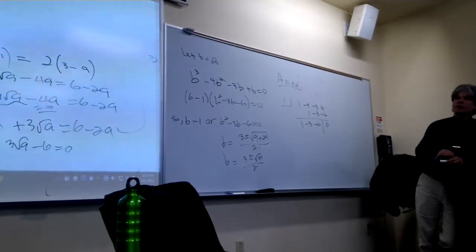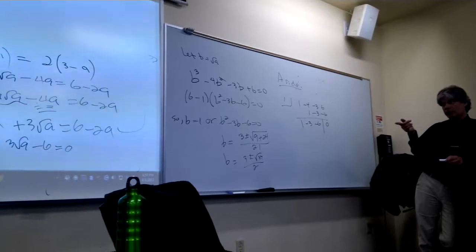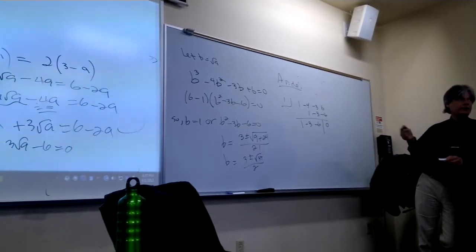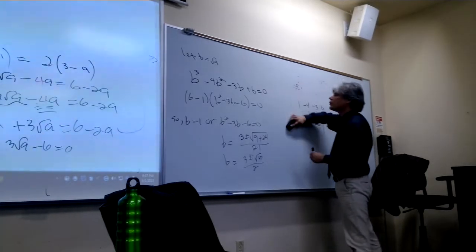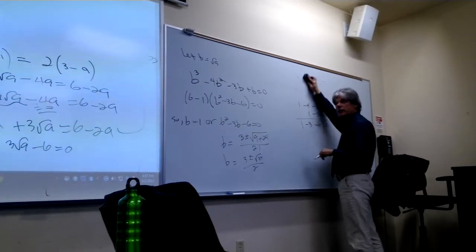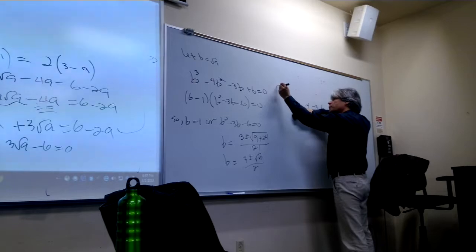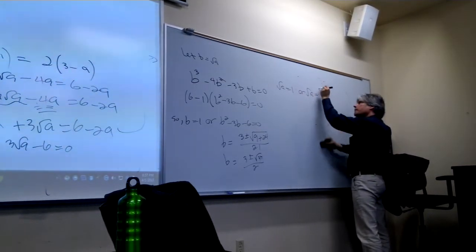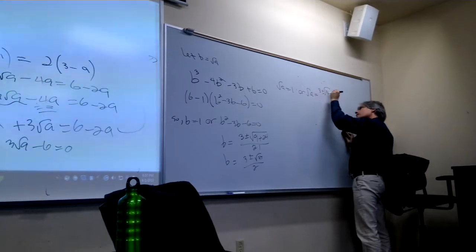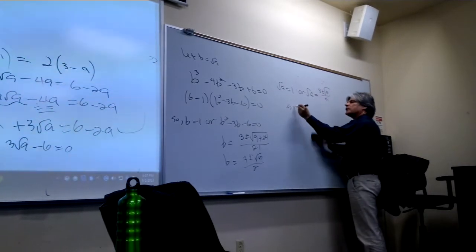Okay, so number one, I really haven't dealt with the issue of what those values for A are. So I think I need to come back in and substitute. Recall that I had another name for B, namely root A. So let me write these two equations, replacing B with root A. Which means, of course, A is equal to plus or minus